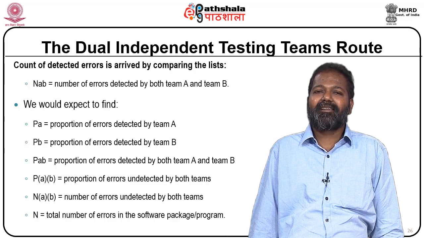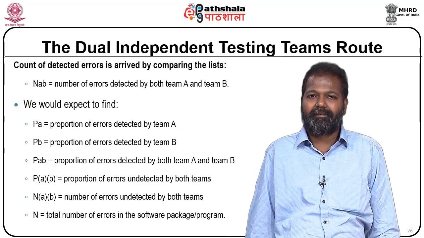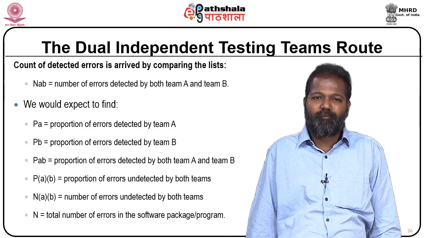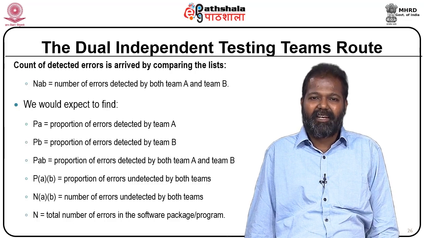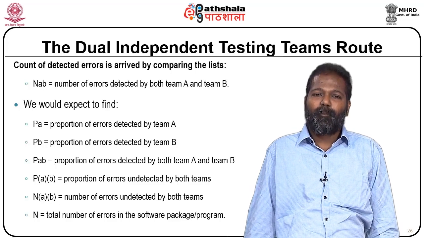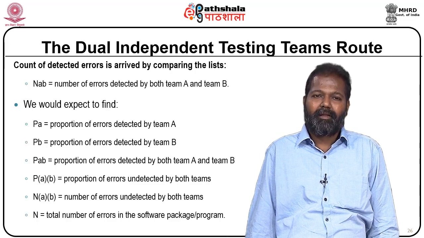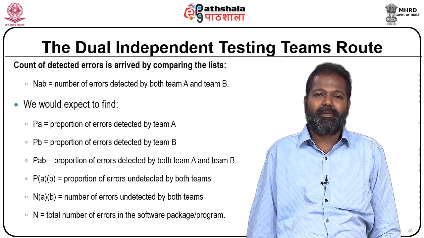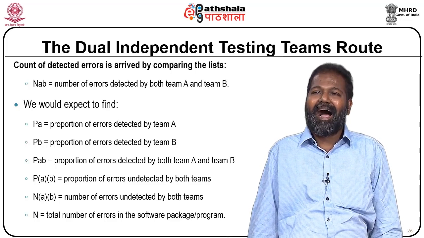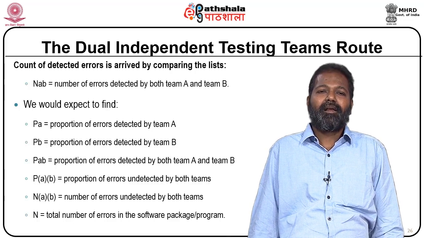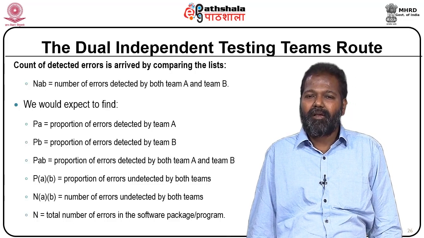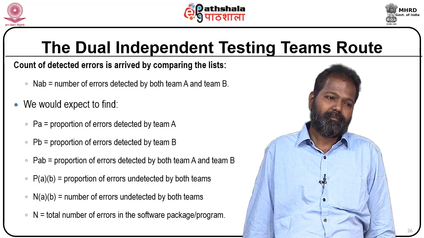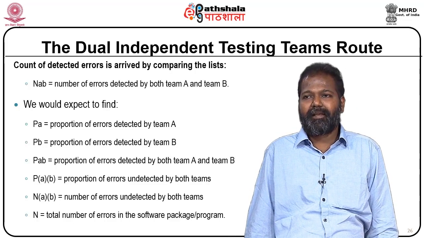The count of detected errors is arrived at by comparing the lists: the number of errors detected by both team A and team B. We would expect to find the proportion of errors detected by team A, the proportion of errors detected by team B, the proportion of errors detected by both team A and team B, the proportion of errors undetected by both teams, the number of errors undetected by both teams, and the total number of errors in the software package or program. This approach in fact